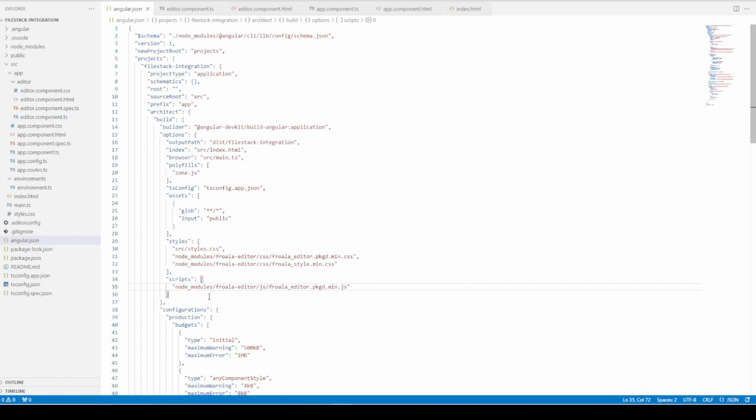In this file, look for the styles and scripts options. I'll just highlight these here. We have to import the necessary Froala packages, so these are the minified CSS and the minified JS. Once we have this, go back to the CLI and we have to generate our component. So type in ng generate component and we'll name it editor. Click enter and you should be able to see this file,